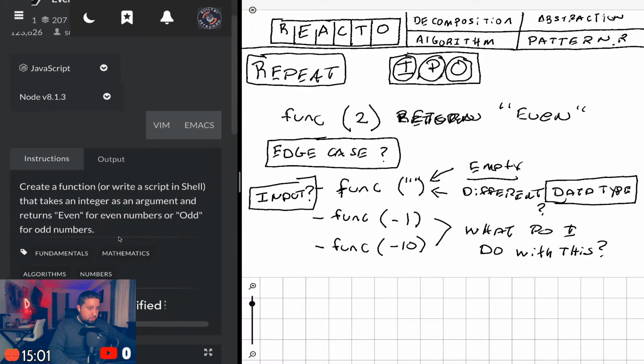Do they want us to return a specific output? I'm not seeing that here. There's nothing saying we should assume that there's always an integer passed into this function. We don't have that piece of information, so we can't make that assumption.